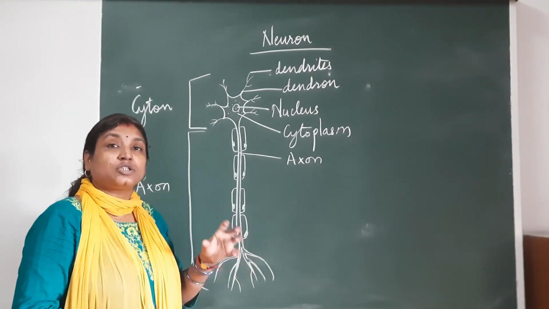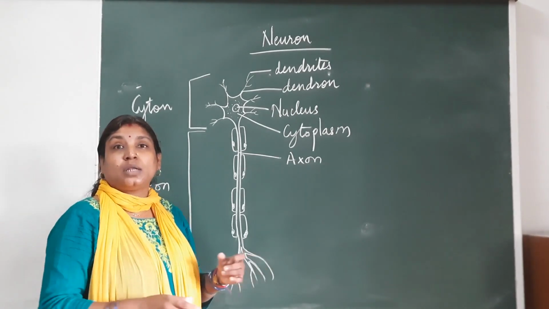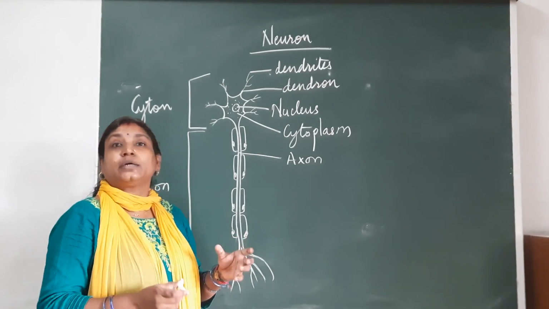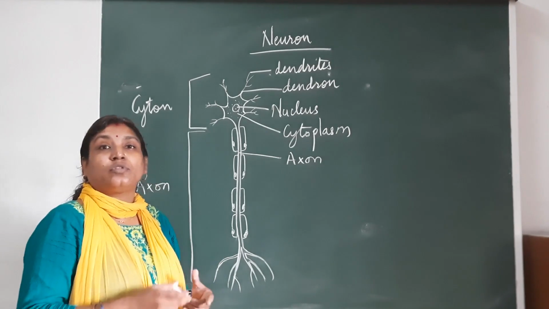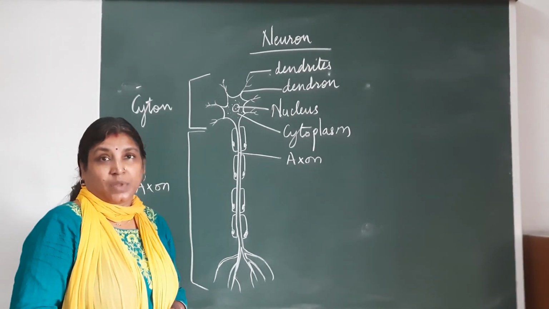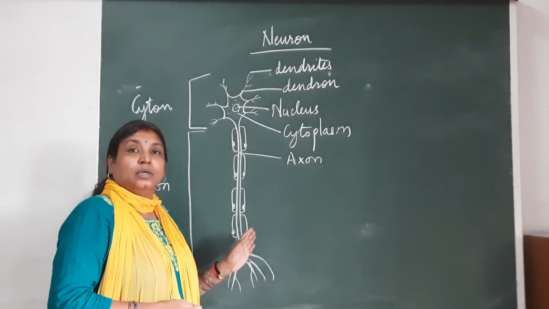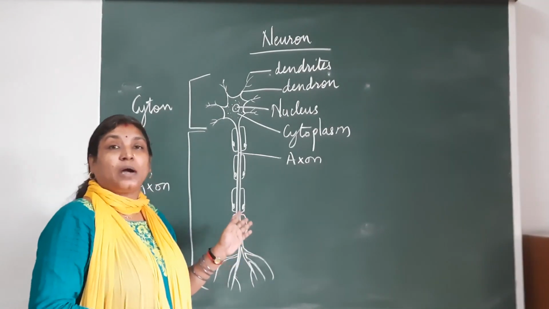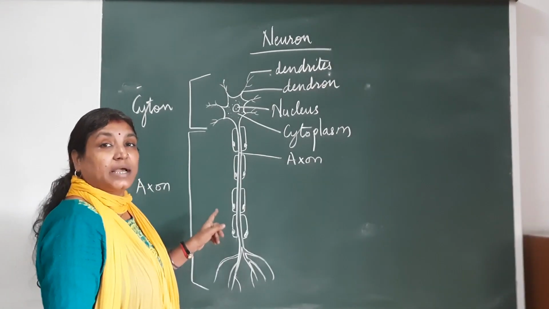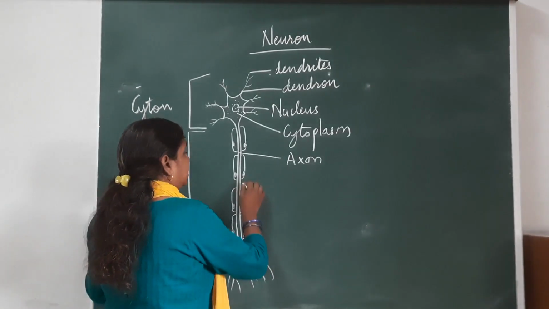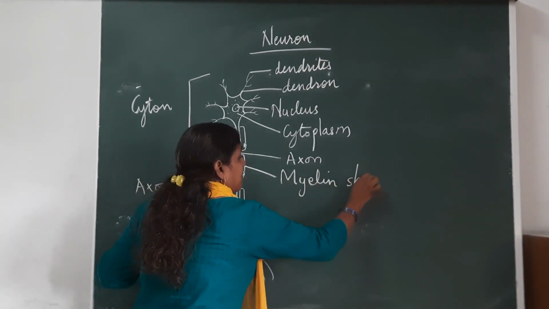So in order to prevent the short circuit in our body, also sometimes what happens? We start trembling, there is paralysis, or suddenly we get a jerk. All these things happen when there is intermingling of the messages or the impulses. That is what we call as short circuit. So in order to protect that, mixing of the impulse, hindrance of conduction of impulse, what happens? These axons are also insulated, and the insulation around the axon is known as myelin sheath,